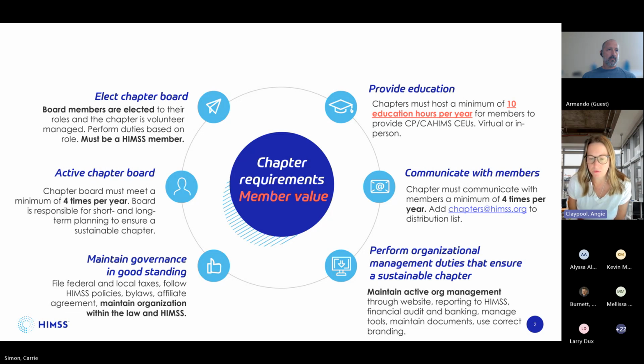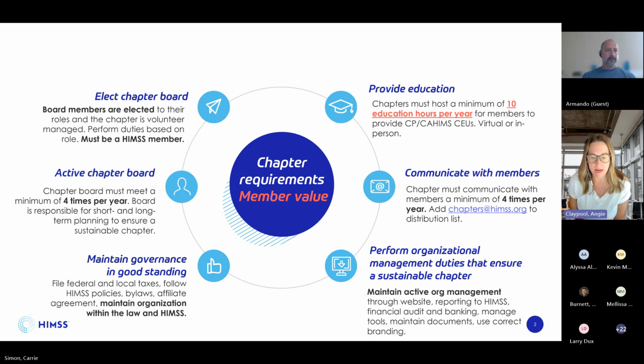You're also going to perform organizational management duties that ensure the chapter is sustainable. So what that means is that you are not going to go off and have a big party tomorrow and spend all of your money on one big event. You're going to make smart decisions to ensure that the chapter is sustainable in the long run.